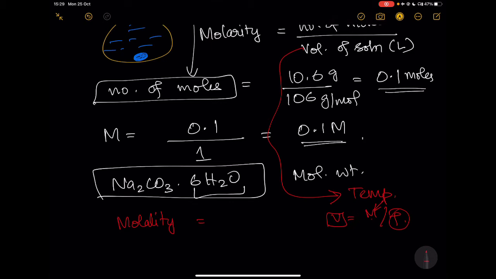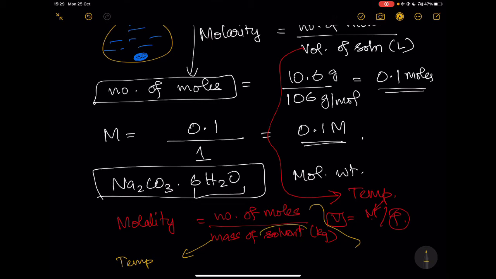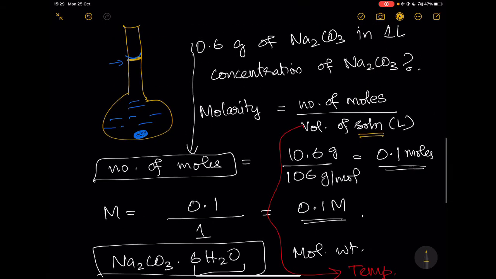In order to alleviate this problem, the next unit came up, which is molality, which is once again defined by the ratio of the number of moles to the mass of solvent in kilograms. This might be a better way of defining, largely because mass is independent of temperature. And secondly, the difference comes up in what we are trying to talk about, solution versus solvent. In the previous case, one has to be very careful to ensure that the volume that is added is carefully matched to whatever you want to have in this volumetric flask.